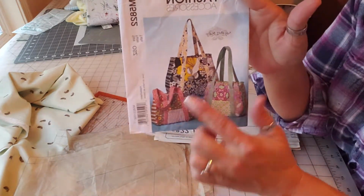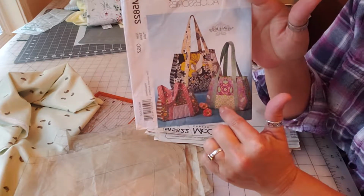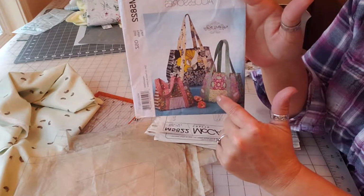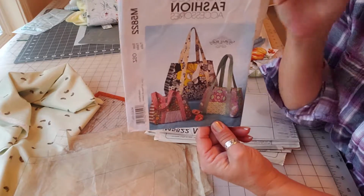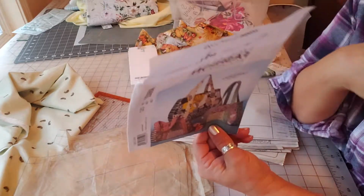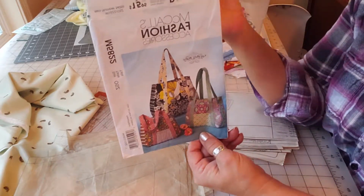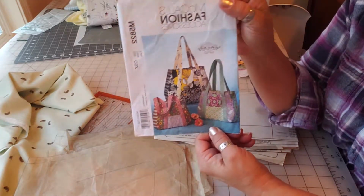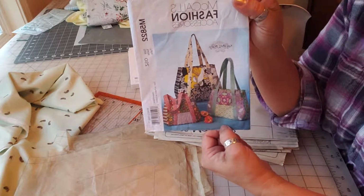The instructions for all three versions of this bag are the same, but I will specifically be speaking about the medium-sized bag. This is the one that I have made twice, and there are videos on my YouTube channel with the process of making those bags, basically as we're going through it. I do make changes, especially to accessories like this, and I will describe those changes as I come to them